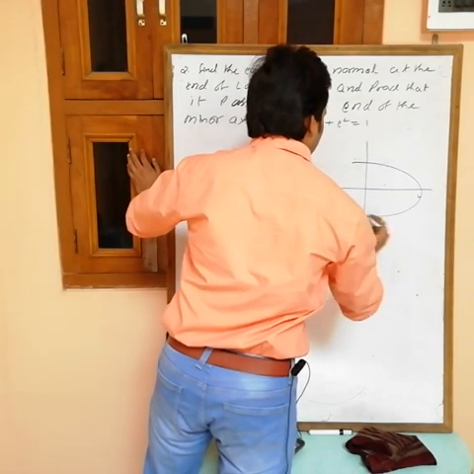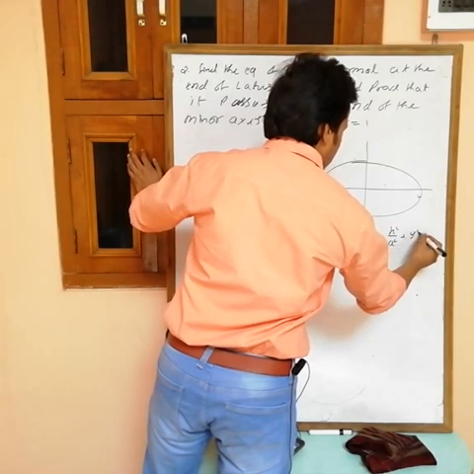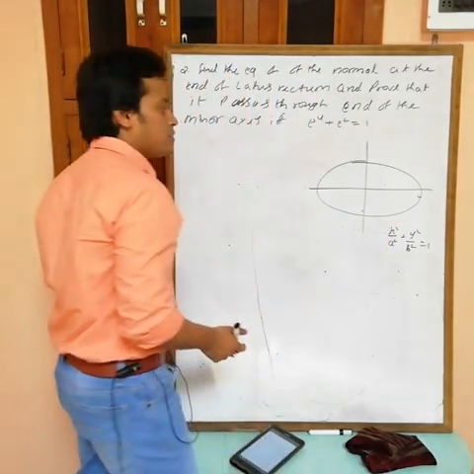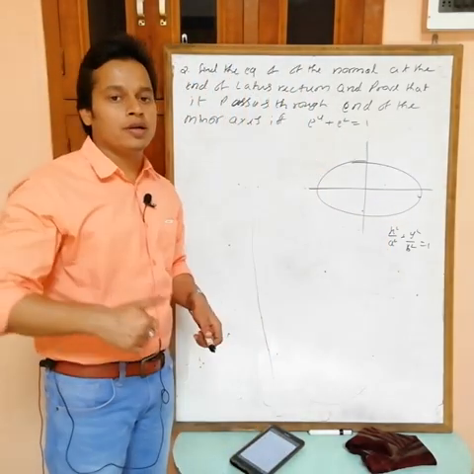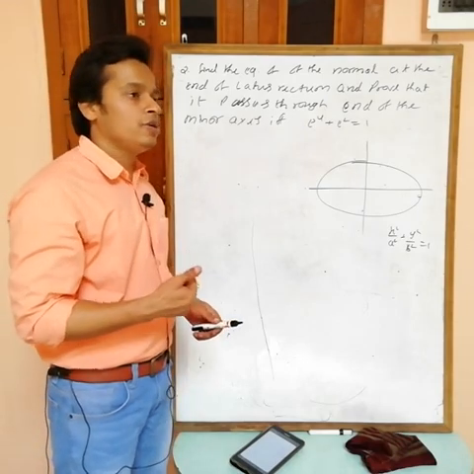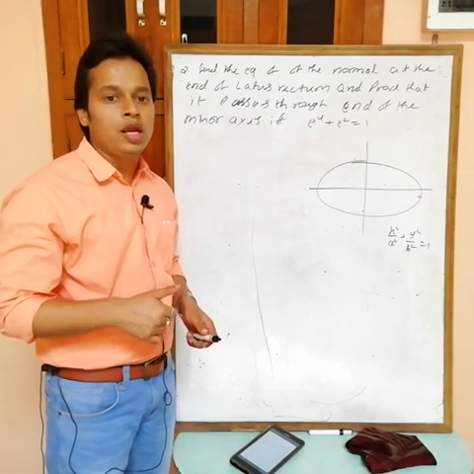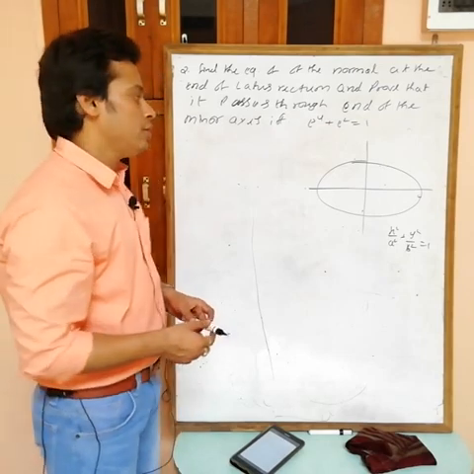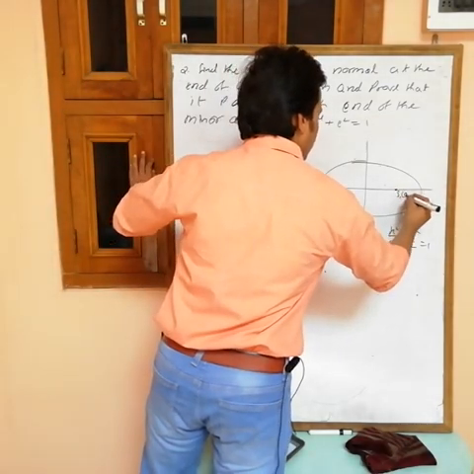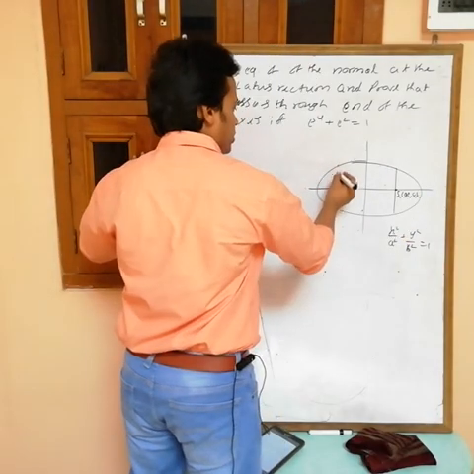Suppose I am taking any ellipse x square by a square plus y square by b square equals 1. Then we have two latus recta. Latus rectum is a double ordinate passing through the focus, and the extremities of the latus rectum are ae comma plus minus b square by a and minus ae comma plus minus b square by a. This is the focus S1, ae comma 0. Then this is the one latus rectum, the other latus rectum is at this side.